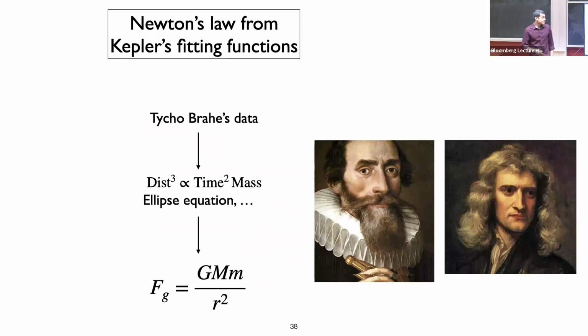Another one is Newton's law of gravitation, which actually came first from Kepler's equations, which were fits to the data tables that Tycho Brahe had used. So he had determined that there have to be functions like these: the distance cubed is proportional to the time period of the orbit squared, and also things like these ellipse equations. And then Newton could figure out the 1 over r squared inverse law of gravitation. So in these two cases, there were these fitting equations which came first and then gave theoretical insights into this phenomenon.